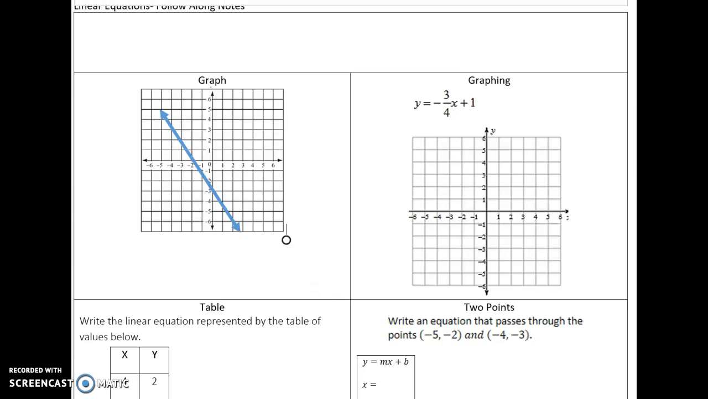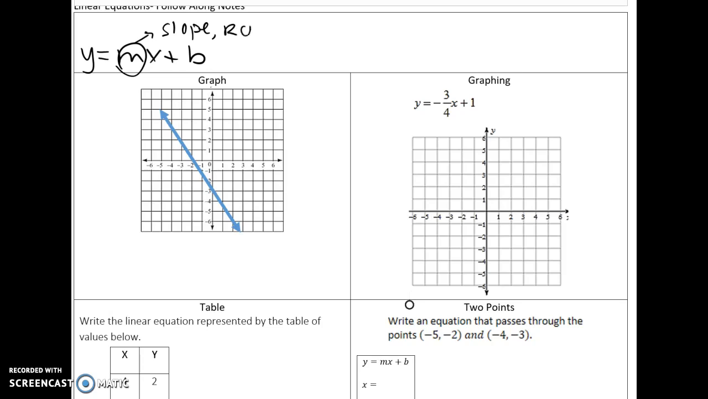Today we will review using slope-intercept form, which is y equals mx plus b. Let's look at the different parts of this equation. Starting by looking at m. M is a variable that stands for slope,